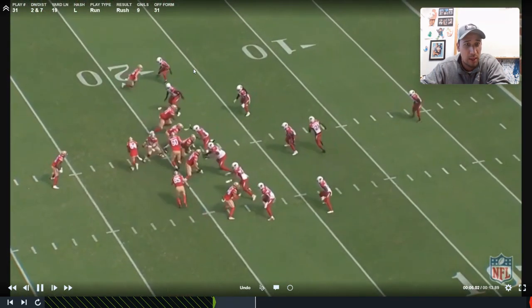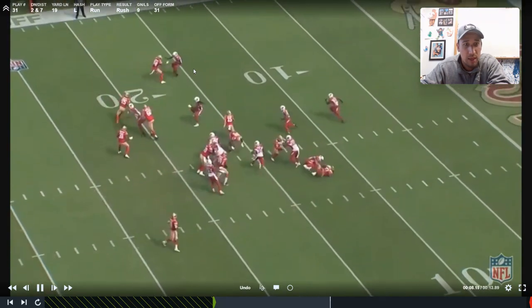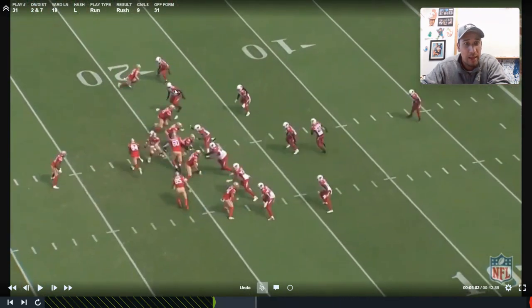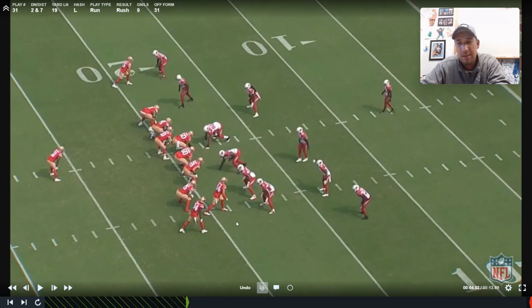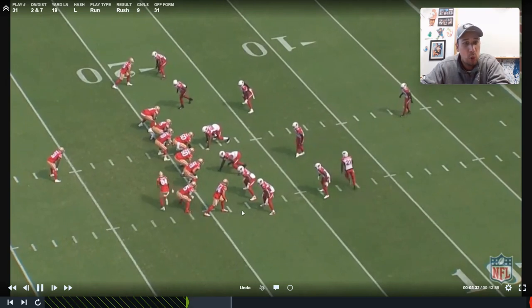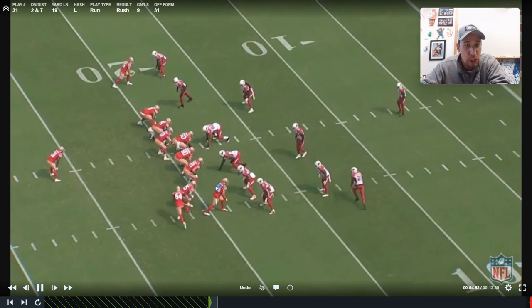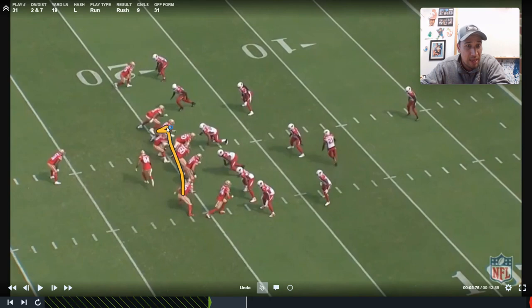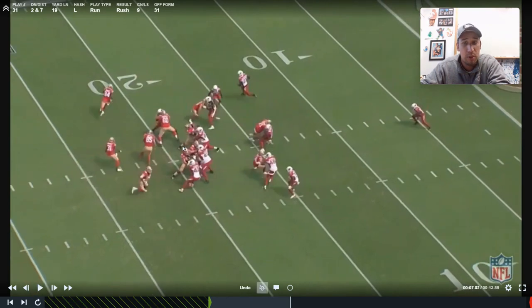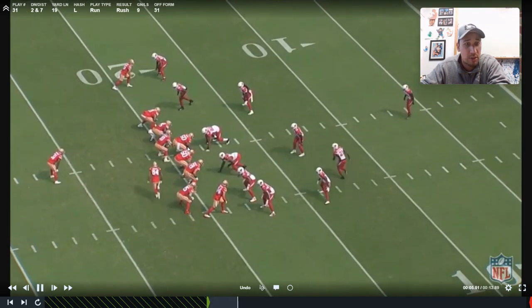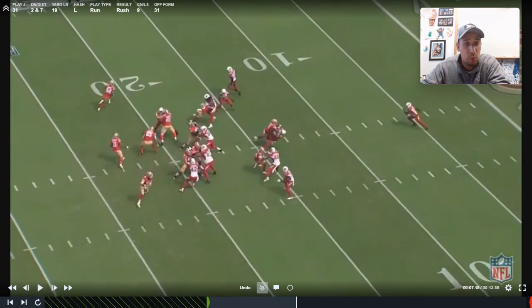Here's a fun little wrinkle from the Niners, though. And as much as I'm not a big trick play guy, this one really builds off of their scheme. This is not just kind of a random double pass where you're hoping the defense bites. You are a big short motion team, and you are a big bunch team, and you will take the tight end and kick out the backside end. If you're one of these outside zone, inside zone teams, you will use the tight end in the run scheme